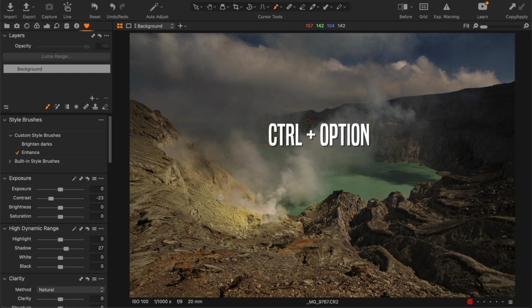If you press Control Option on the keyboard and drag your finger to the right of the touchpad or to the left, you are going to change the size of the brush. And if you drag it down or up, you are going to change the hardness. In my case, I usually like to have the brushes being on the soft side, and I'm going to start painting